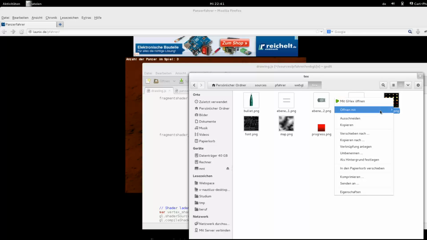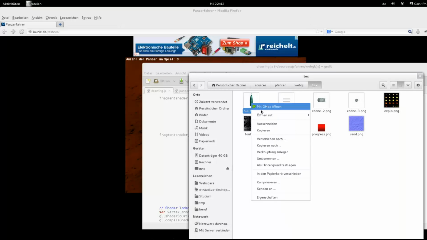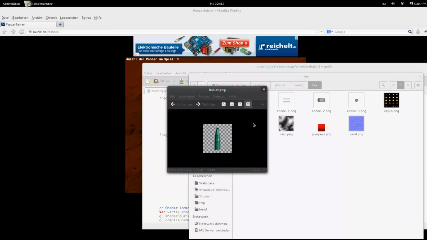The explosion is also very simple. These are the keyframes of the explosion, and I do additive graphics. The bullet is just this picture,